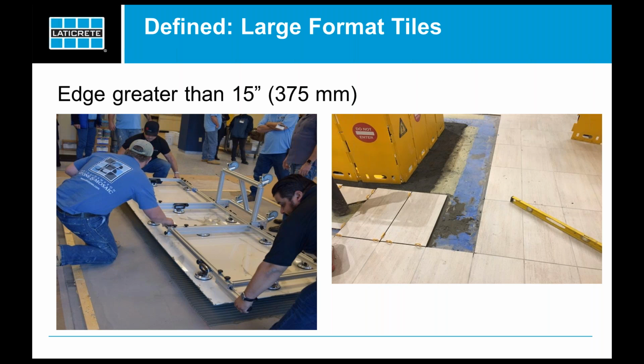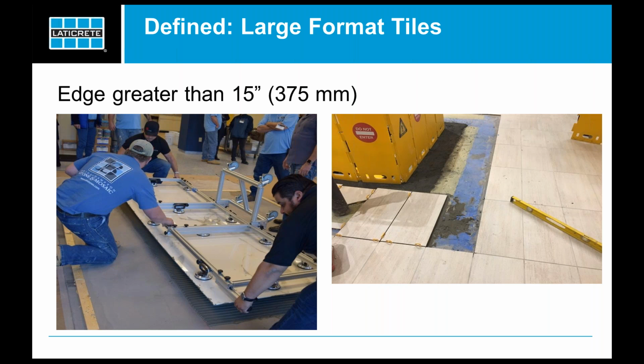That's that thin material, and it's really large in size. The other type of tile that we're going to talk about today is just large format tiles in general. And in either case, per our industry, for the Tile Council of North America and ANSI, any large format material is any tile that has an edge that's greater than 15 inches. So you see that encompasses both sides here, both types, the gauged thin tiles that we see on the left, and also our standard thickness